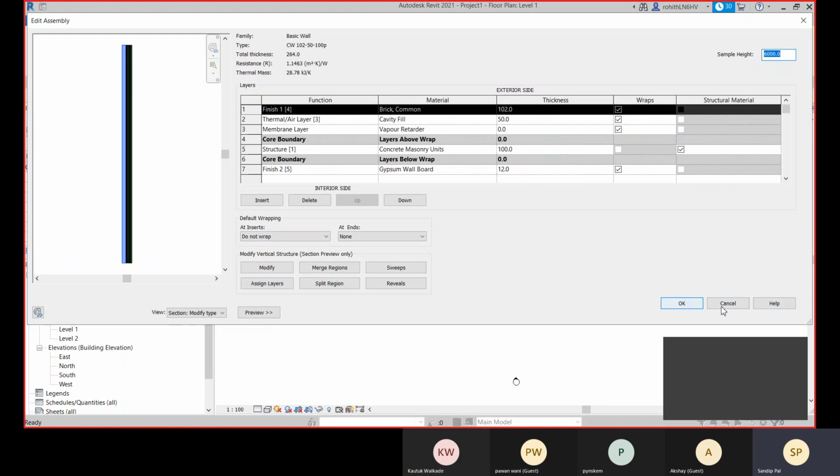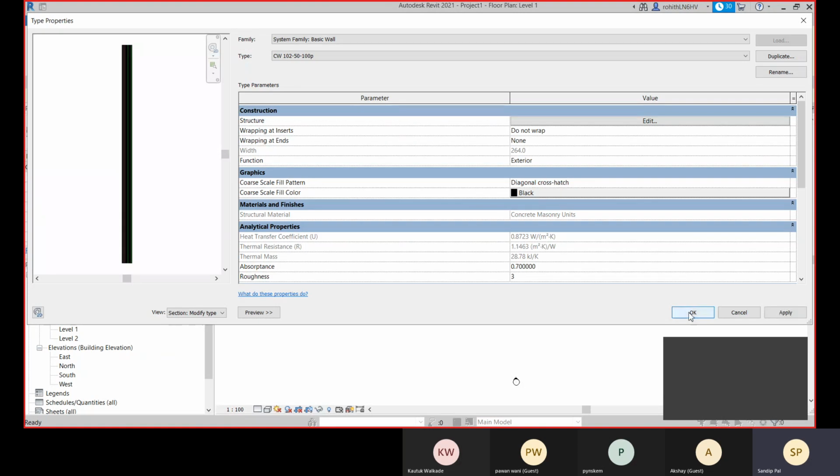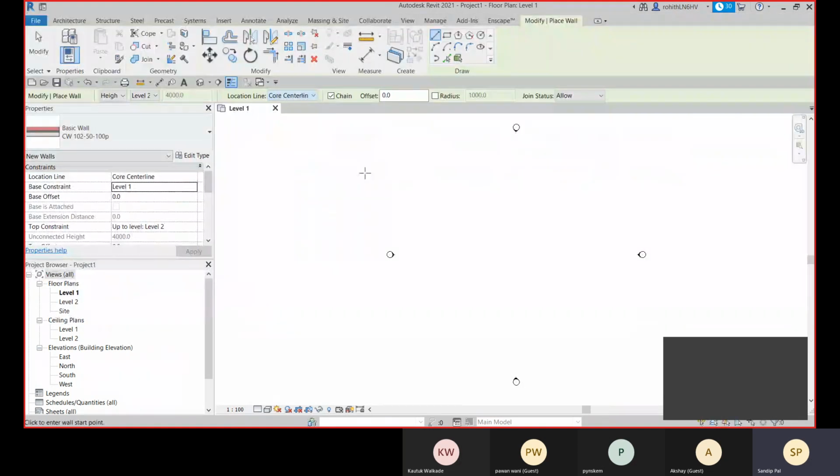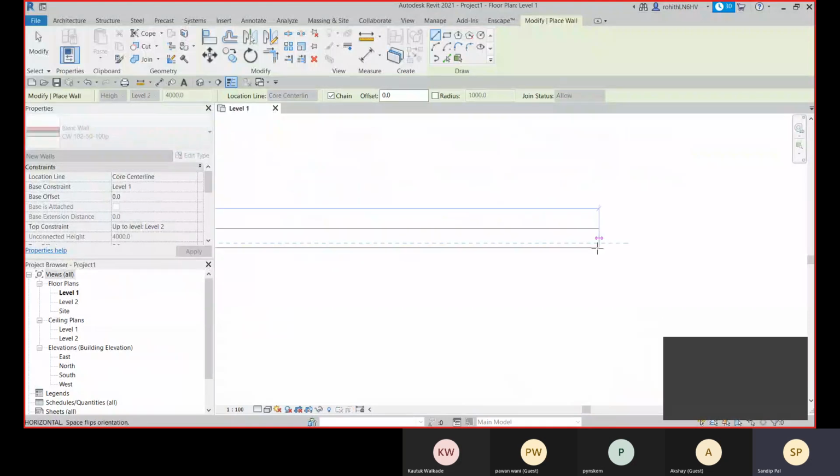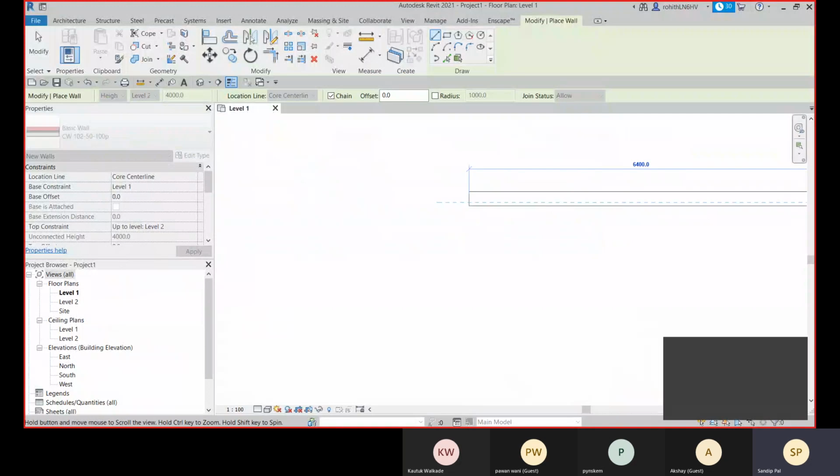Let me show you. If I choose this core center line for this wall, here you can see this position is the core center line.